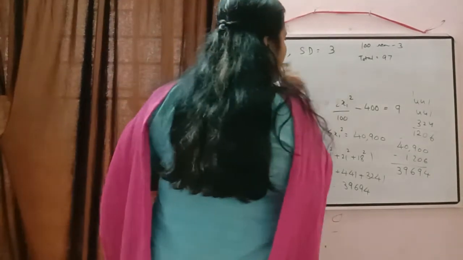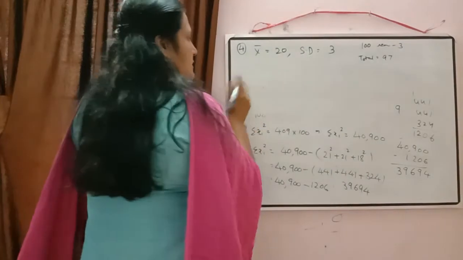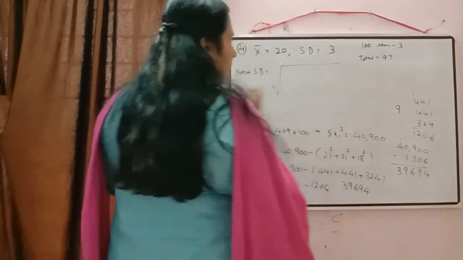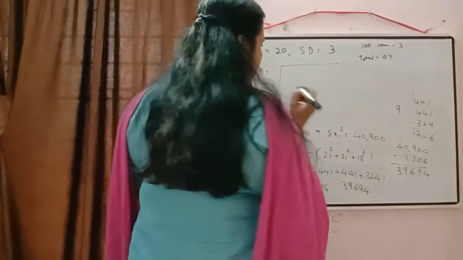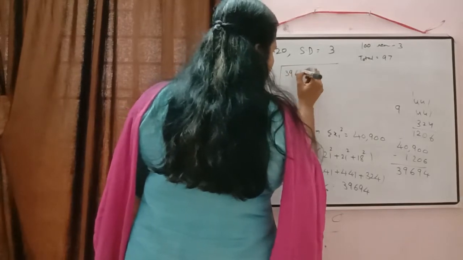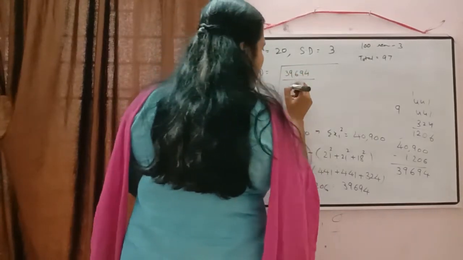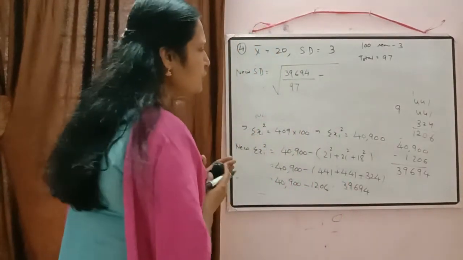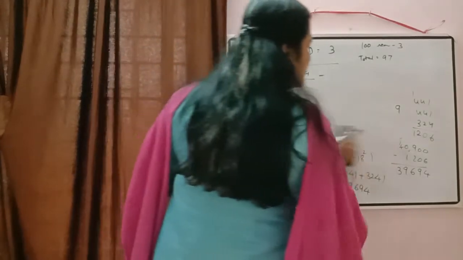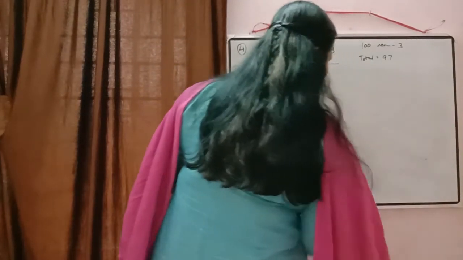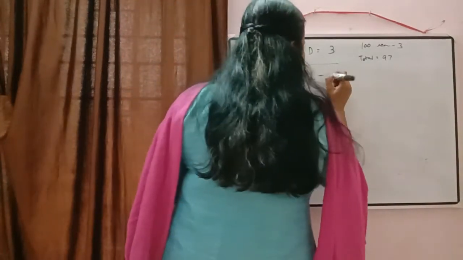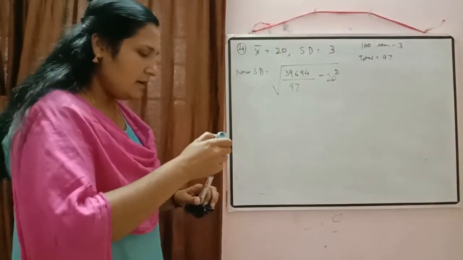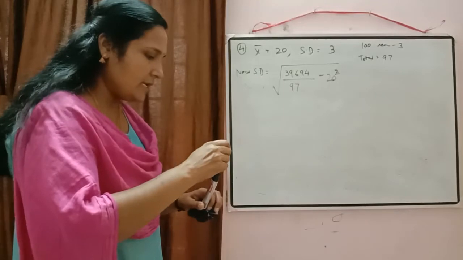Now we can calculate the new standard deviation. So just write down there, new standard deviation is equal to, according to the formula, the square root of sigma xi square, and what we got there? 39,694 divided by n. Now how many numbers we have? 97, minus new mean. And what is the new mean we got? I think the new mean also is equal to 20 only. So we can write down there minus 20 square. So just to check whether the expressions are divisible there, whether we can cancel it by 97.